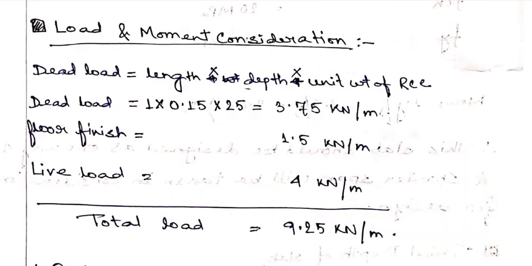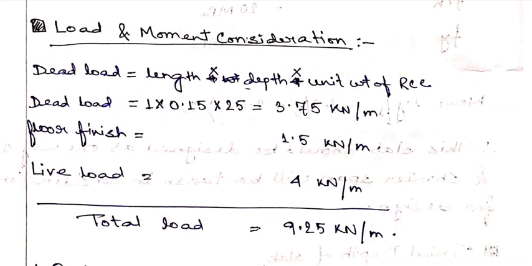Now the next step is load and moment consideration. First of all, we have to calculate the dead load. To calculate dead load, we know we have to multiply the cross section of the slab with the unit weight of RCC. So length into depth into unit weight of RCC. So dead load is 1 into 0.15 into 25. 1 means 1 meter, that is,